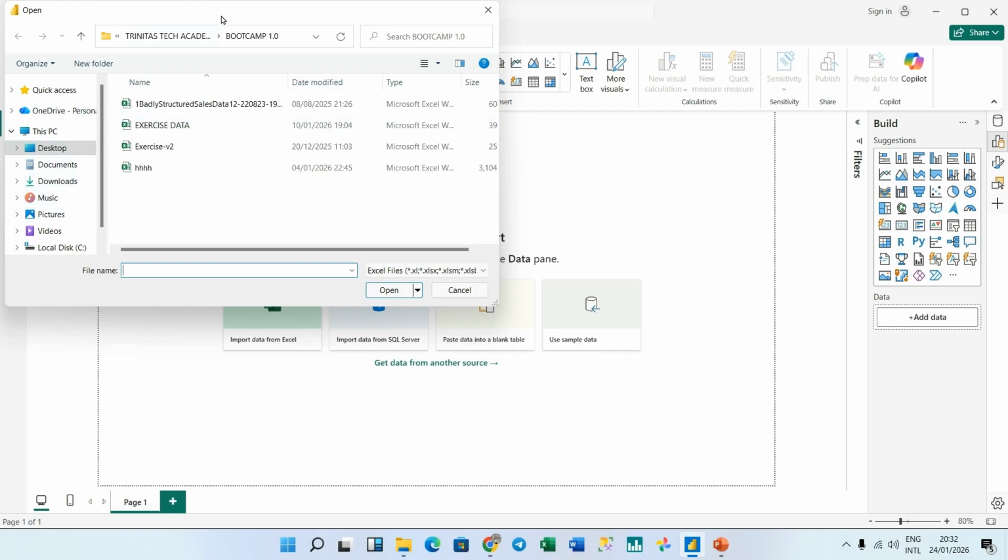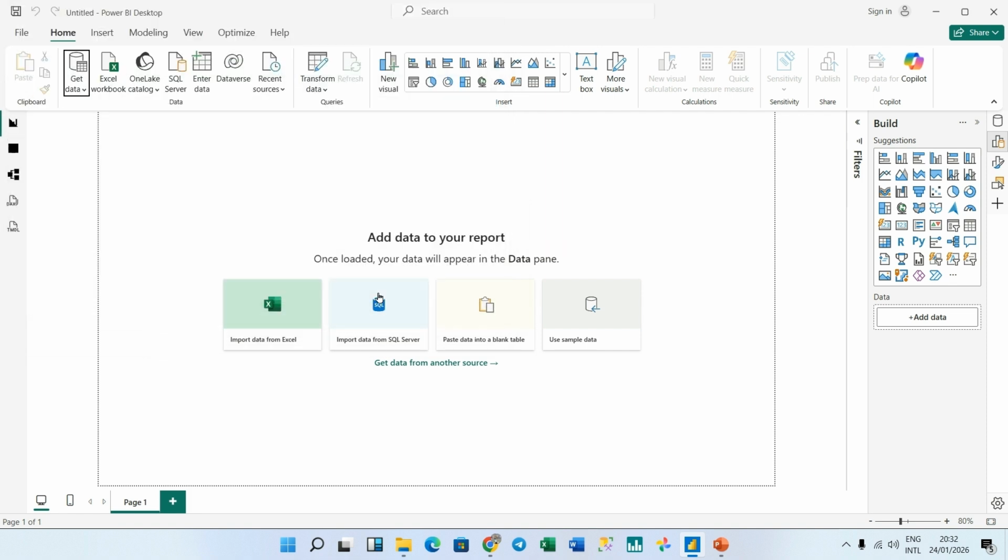And then you search from where your own is being stored. Once you get your PC folder, you search whether it is on the desktop, in documents, or downloads, whichever place you stored it, you search it from there. But this is the one basically that I'm using, which is on the desktop. The title is Bartley Structure Sales Data. So for you to even see the name, you know that the data set is actually Bartley. So I'm going to click on it and click on open to load it